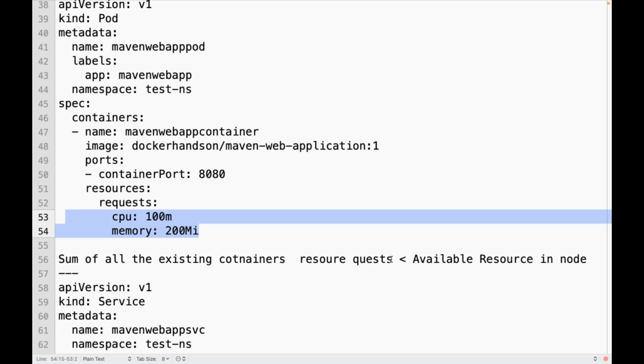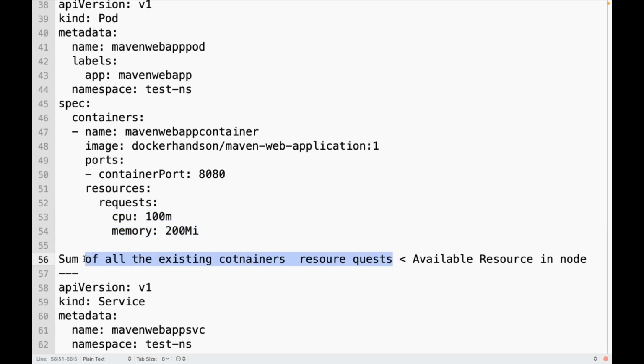It will check in each node how many containers are already there and how much each container reserved. It will sum all the container requests and subtract from the system resources, and if there is enough space after that, then only it will schedule. Otherwise, will that pod be in a pending state? Yes.